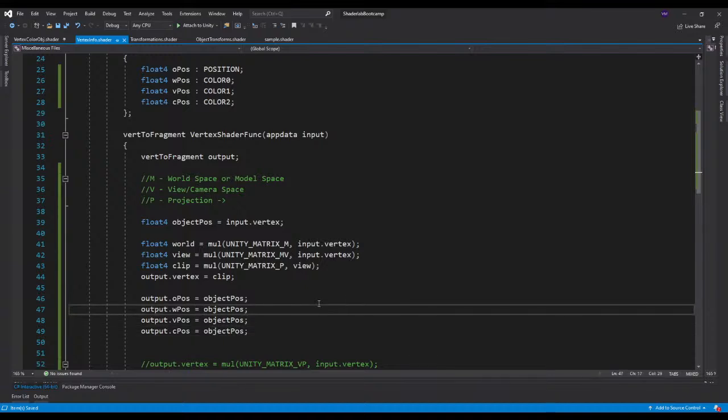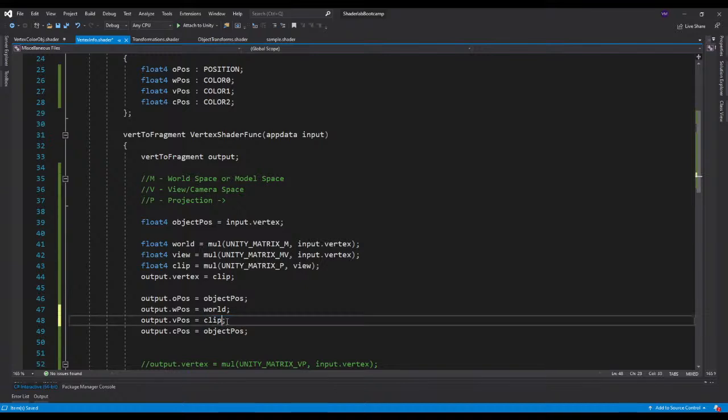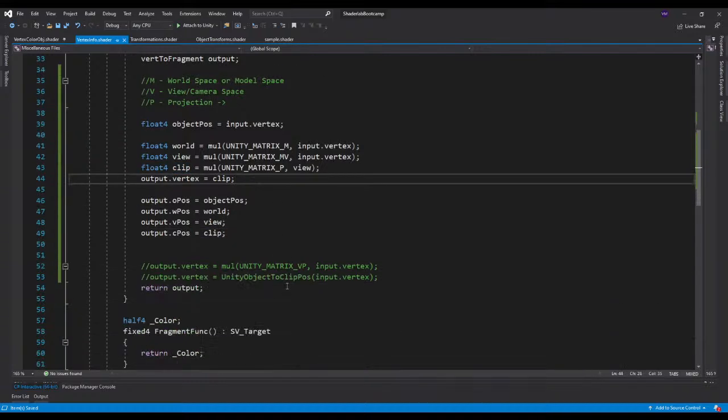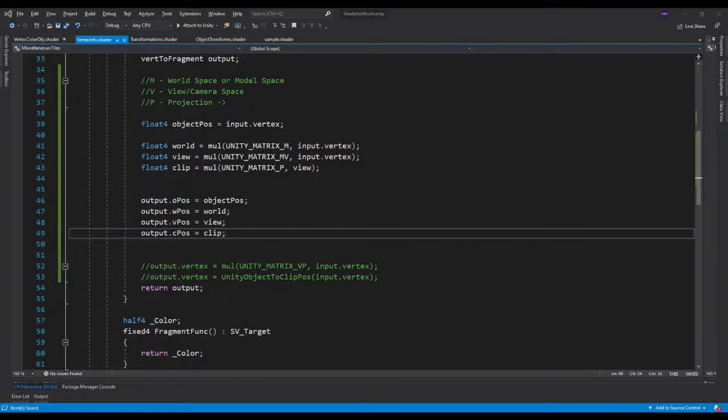So world space position is going to be right here, view space right here, clip space right here. Now we have to remove this because there is no vertex variable here, but we have 4 variables. Now if I go to Unity,